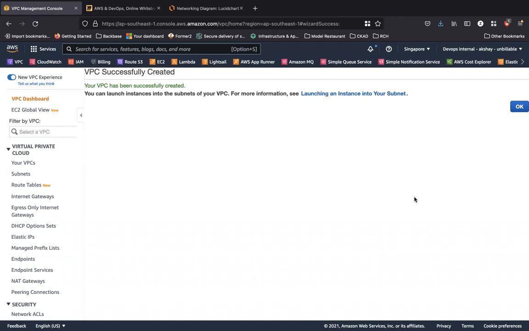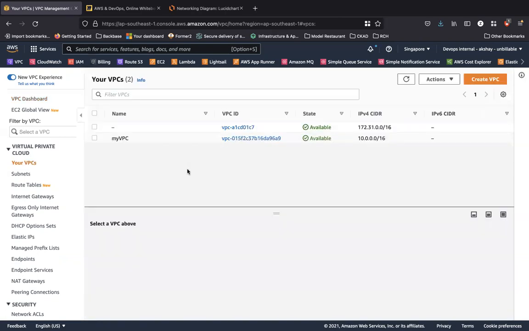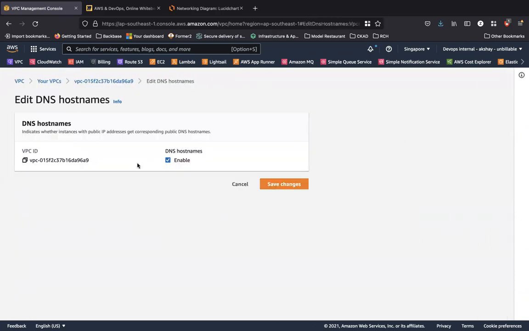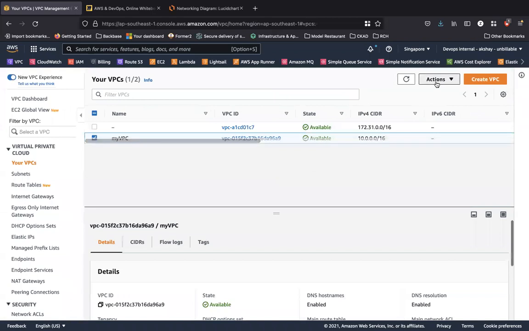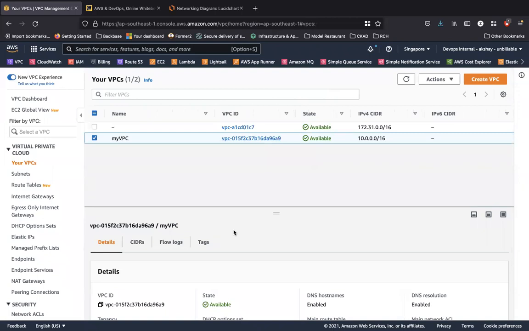Okay. So let's take a look at all the resources that the launch wizard has created for us. So you can see that we have the VPC with the 10.0.0.0/16. I'm just going to go ahead and copy this VPC ID so that we filter all the resources based on this VPC. And let's see if we have the DNS hostname and the DNS resolution enabled. So for that, you can click on your VPC, click on actions, and take a look at DNS hostnames. It's enabled. Wonderful. Let's take a look at DNS resolution. It is enabled. Wonderful. So now I'll have DNS names allocated to all of my resources as private and public DNS, and they would respectively resolve to the respective IP addresses of public and private IP accordingly in my network.